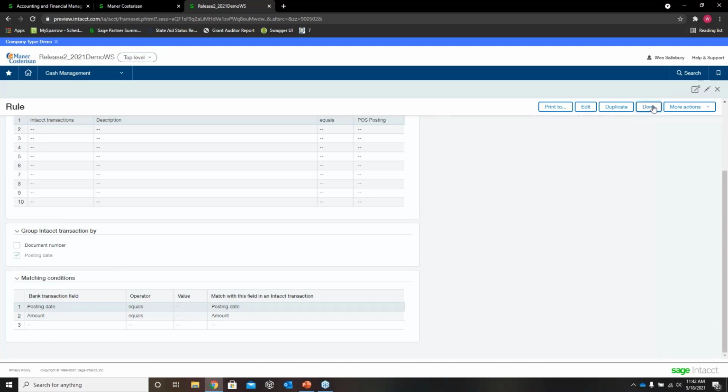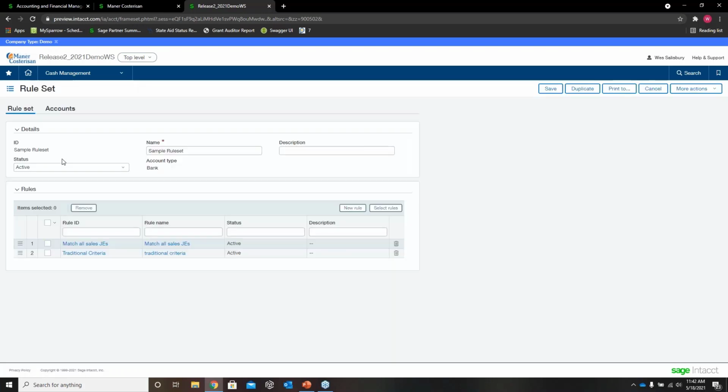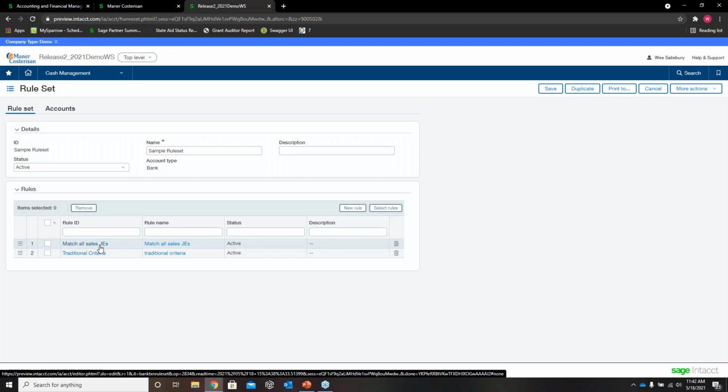So the way that these rule sets work is it runs each one of these step by step. So the first step it does is it tries to perform the special logic that we built in for our sales, our point of sale entries. But then directly after that, let's just say once I do that, that's really the only curveball thing I need to build in. So my second step after I mark all of those